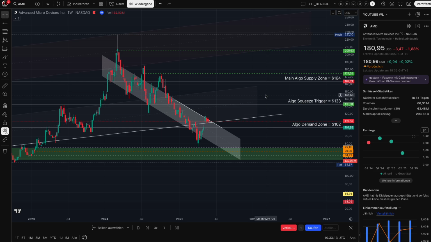We have here two options guys. You can always work with chart layouts and drawings, which I honestly prefer, but we also can use indicators to spot potential bear or bull signals or sell and buy signals if you want to say so. What I know for AMD when I research the chart is that we have here something like a main algo supply zone, which means a bearish zone here at 164 US dollar. That does not mean guys that AMD cannot go higher than that. We have here an uptrend channel pattern, which is the main resistance.